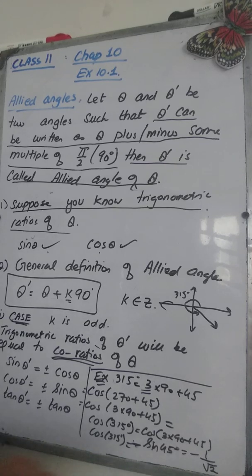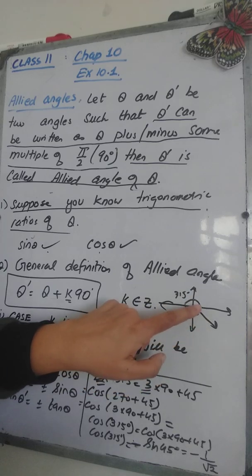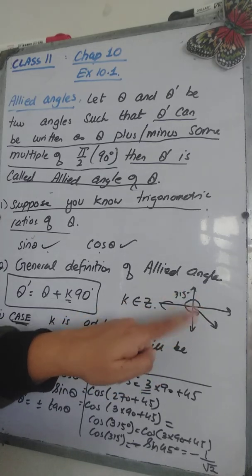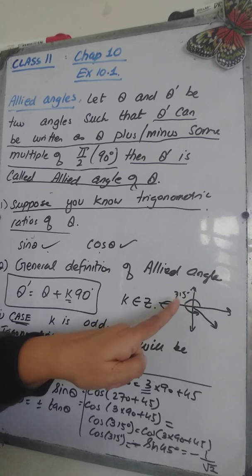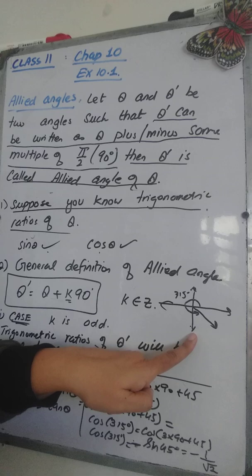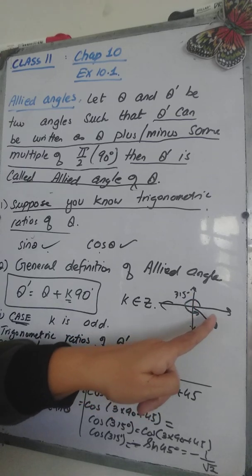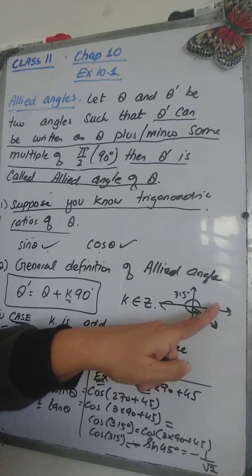Okay, so with the help of 45, we found the cos of 315. Because it was an odd multiple, cos will be changed to sine, and we put the sign according to the quadrant in which 315 lies. It is 3 times 90 plus 45. We know that one quadrant is equal to 90 degrees. So 1 times 90, 2 times 90, we reach the second quadrant. 3 times 90, we reach this axis, and plus 45, it will obviously be in the fourth quadrant, because this whole quadrant is equal to 90. It won't cross this line.